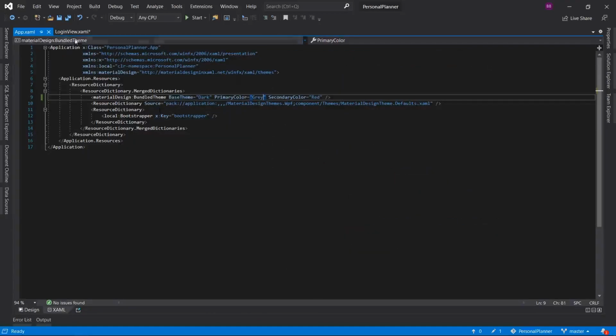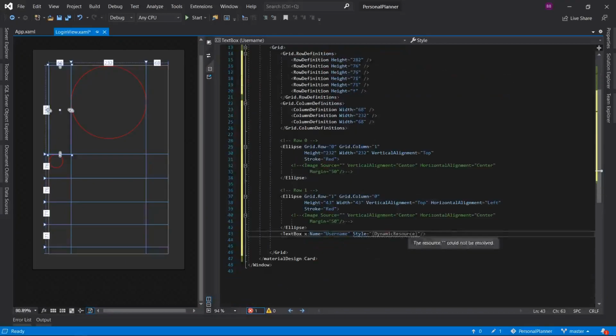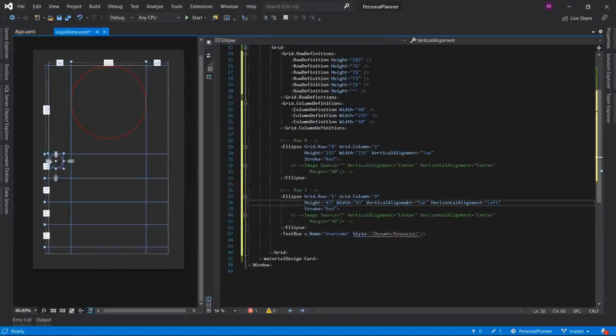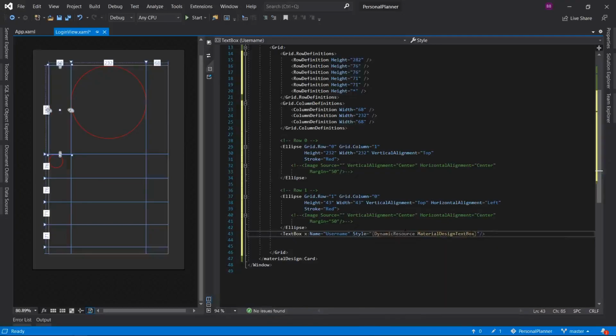So the ones that I'm using, so this one up here, this one here, well, that I will be adding, they're called in from this line and this line. Okay, so dynamic resource, and this is going to be just a material design text box, and